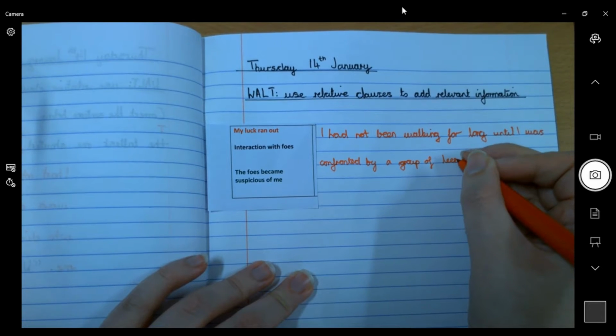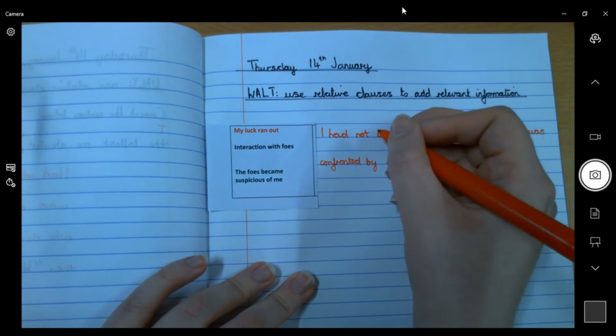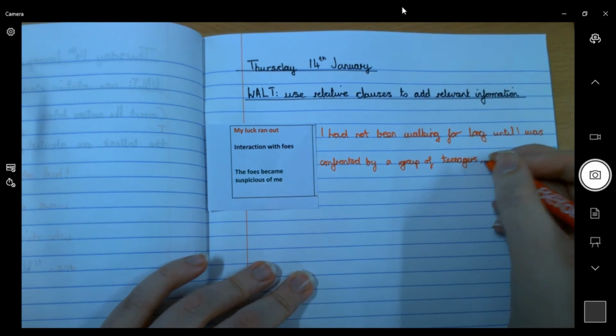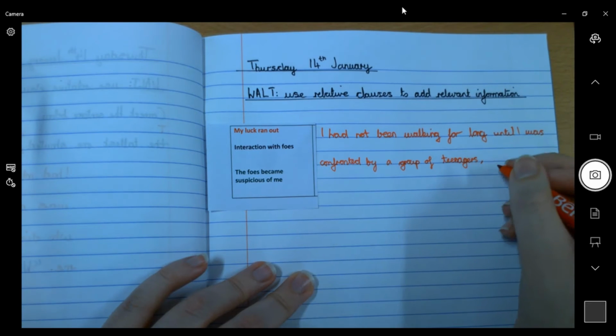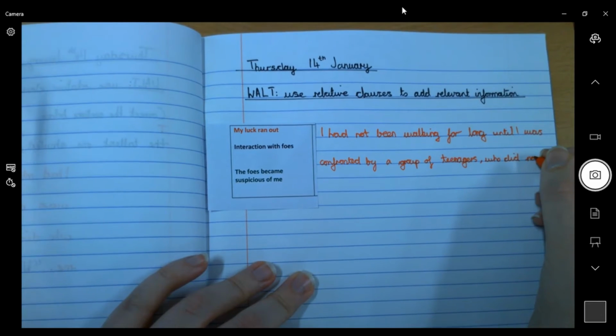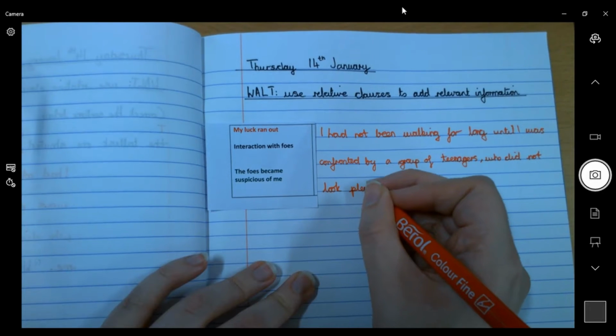I'm going to use a relative clause to describe the teenagers. You may want to describe the island if you're referring to it earlier on. Group of teenagers, because teenagers, I want to use who as my relative pronoun. Who did not look pleased